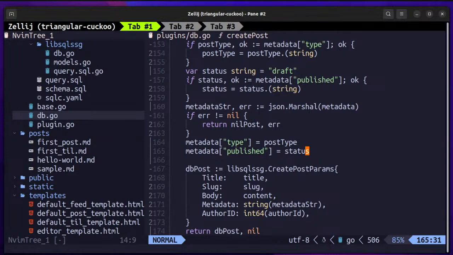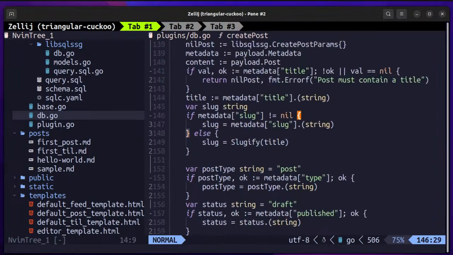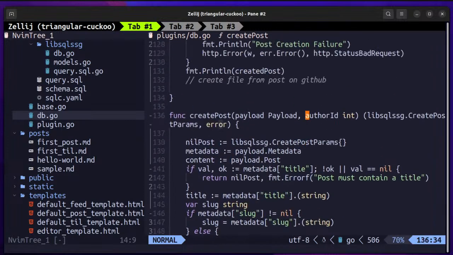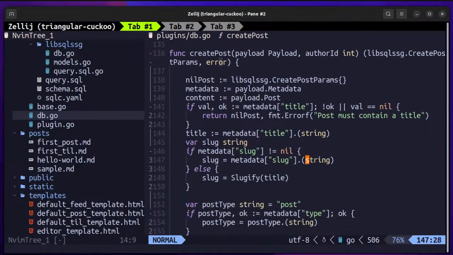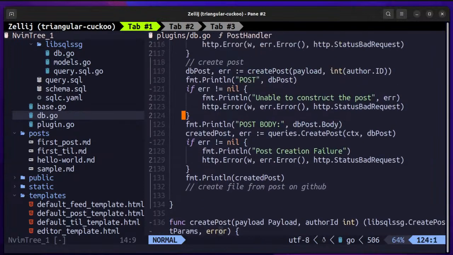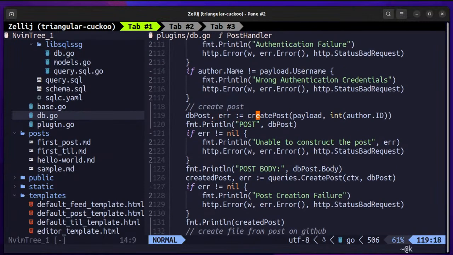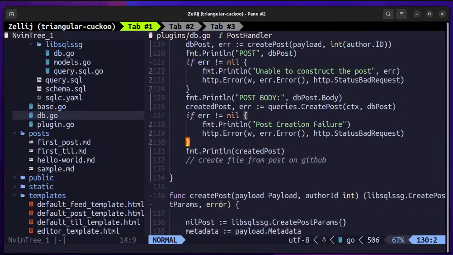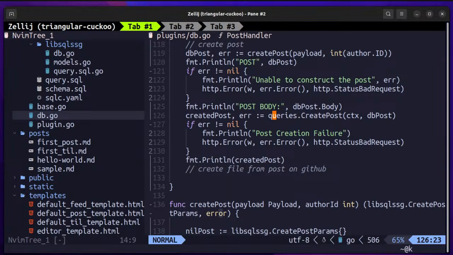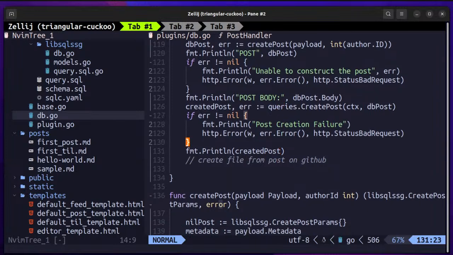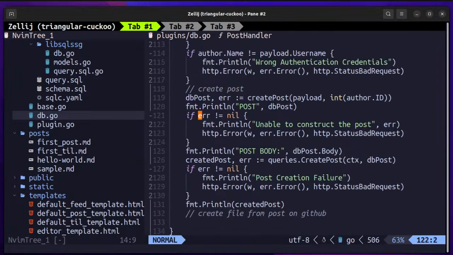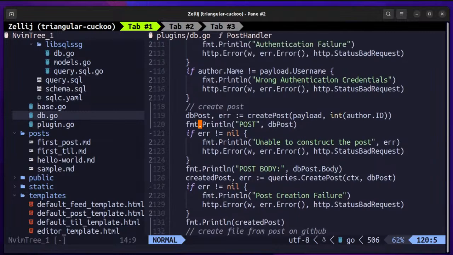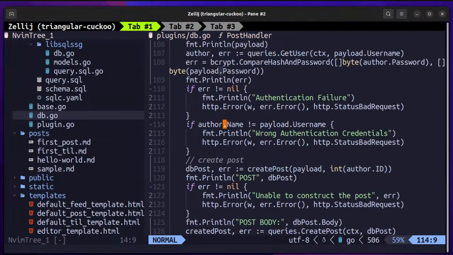So, let's say, at this point of time, if the user was authenticated, we will also have the username, correct? We can grab the name from the user. So payload.username and author dot